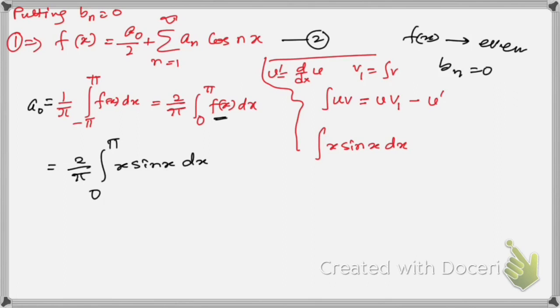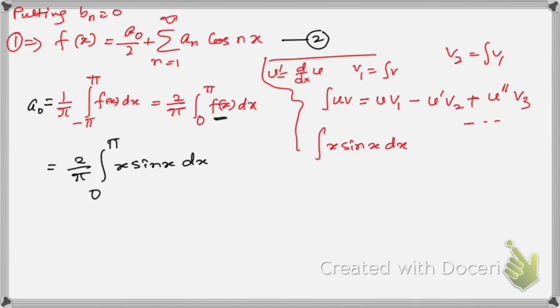Then v2 means integration of v1. Then again plus second order derivative of u, then v3 and so on, right? Dot dot dot. If you apply that, taking this one as u, right, and sin x as v, then this must be equal to